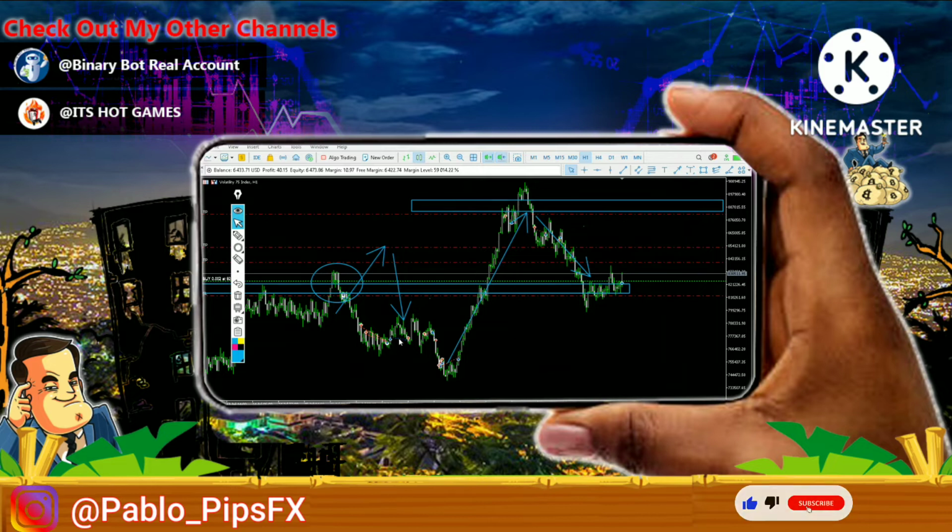So I waited until price came back to a key area. All right, then I waited until it broke that support and then retested, guys. I waited for that break of that key area right here, which is this rectangle, and then it came back, all right, to that key area. Then I entered my buy because